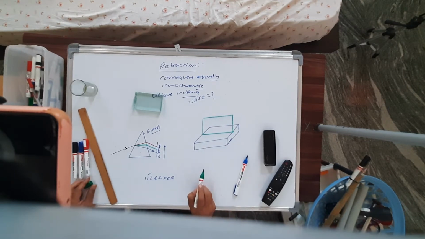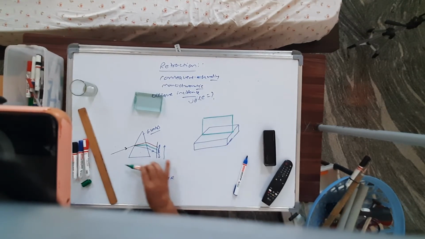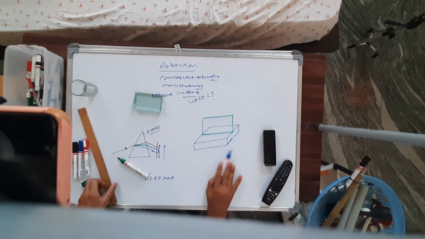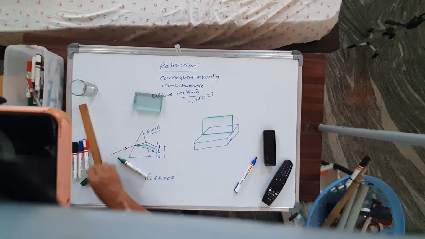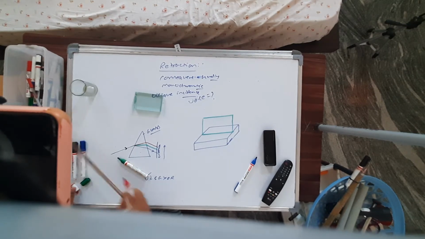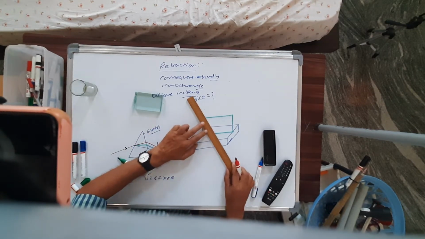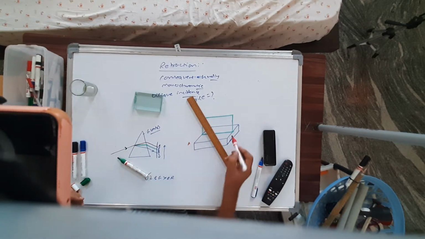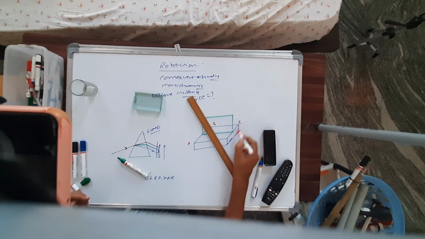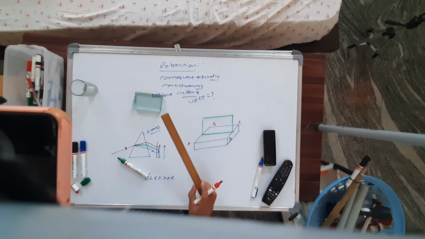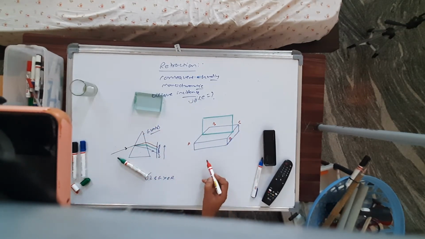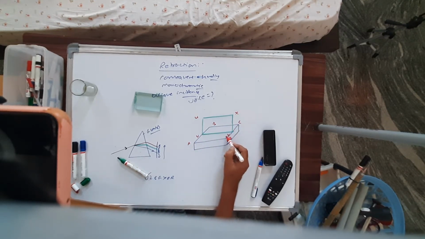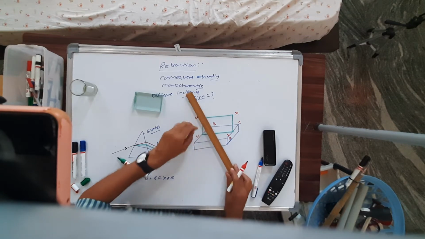This is a 3 dimensional concept. Now, let a ray of light be traveling from air, incident on this. Consider ABCD as a glass slab. Let PQRS be, and consider UVXY, a plane perpendicular to this one. Let a ray of light be incident like this.